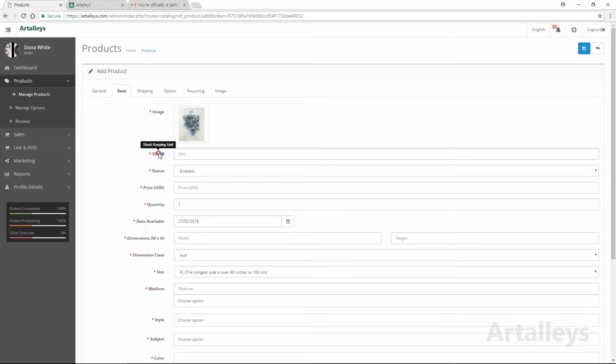SKU means a stock keeping unit, which is simply a barcode. Suppose you are in Walmart. Each product has its own traceable barcode printed on the back, and it is used for return, missing, etc. So, like this, each artwork needs to have its own barcode, which is used for missing or error in shipment